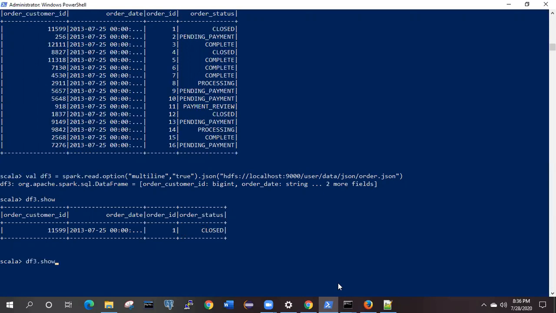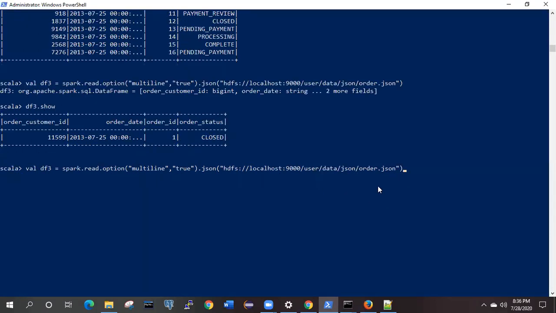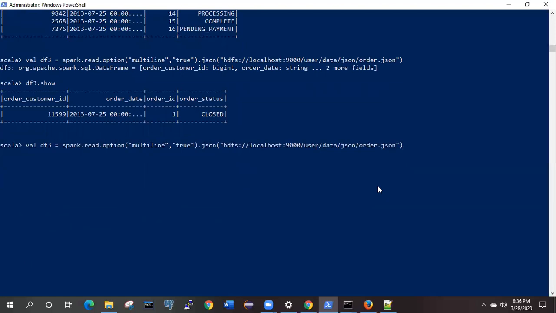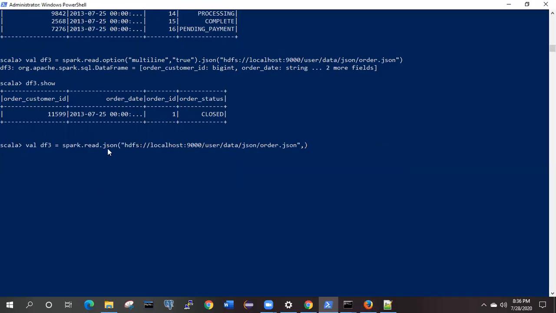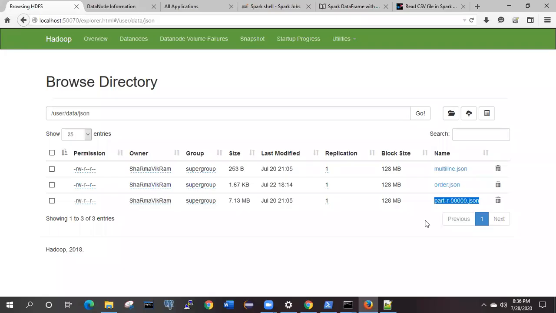Okay, and suppose again we have the concept where you need to read the data from multiple files, not from multiple lines. How are we going to read it? Suppose that one data is present over here, and another data is present in a different file from this one. Again we are going to read data from the part R. So how are we going to specify? We need to give the path separated by a comma. Let me change the JSON, and the name of the file we need to specify exactly, then only it is going to read it.